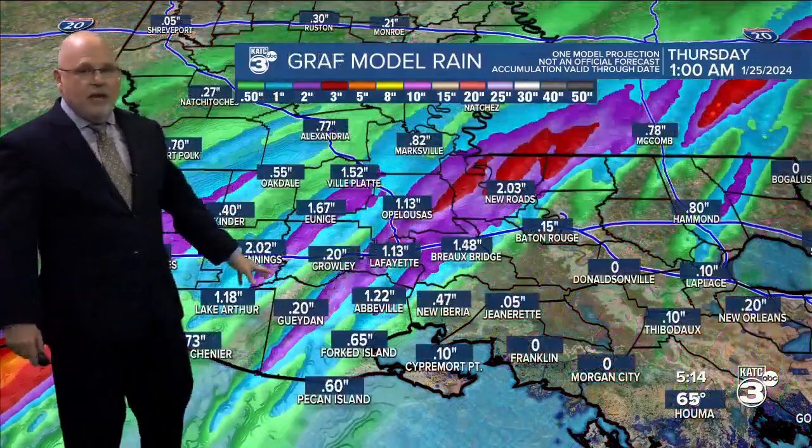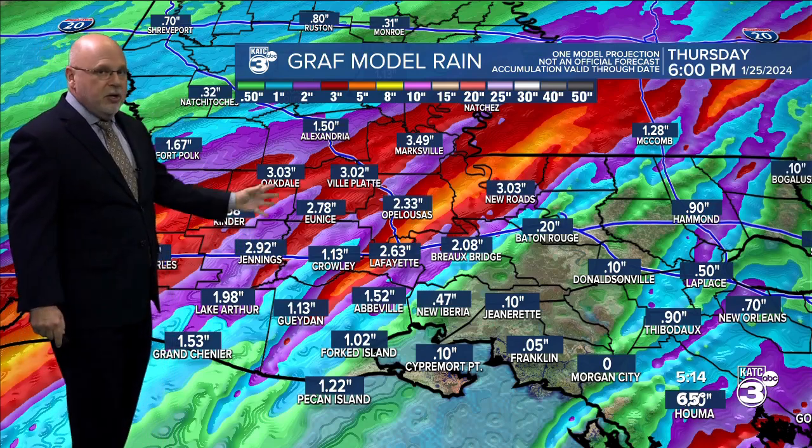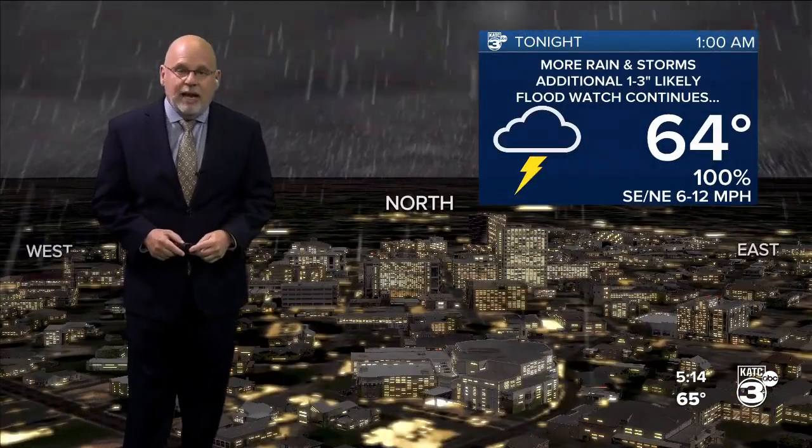but more rain in the forecast by Friday. As for rain totals, we're looking at 1 to 3 area wide. This is the HRRR model, the latest GFS model, kind of in the same neighborhood, maybe a little bit hotter, but both models have done a good job, and a combination of the two is a good call at this point. So overnight tonight, 100% chance of rain, an additional 1 to 3 inches likely through at least midnight or 1, 2 o'clock in the morning,